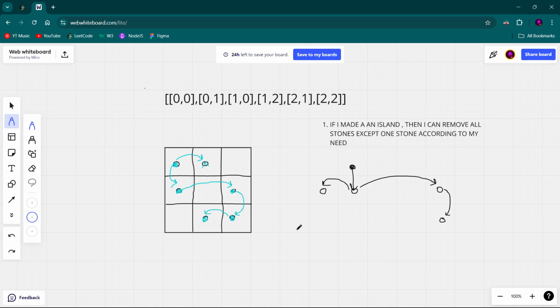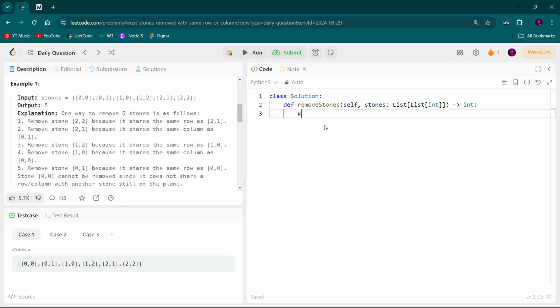Now how many stones can I remove in this island? See, read this. I can remove all stones except one stone. So I can remove all of them except any one. Suppose I choose this. So how many times do I remove? 1, 2, 3, 4, 5. Easy. Understood the concept? First,